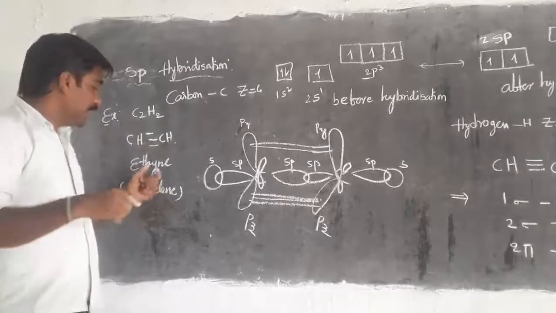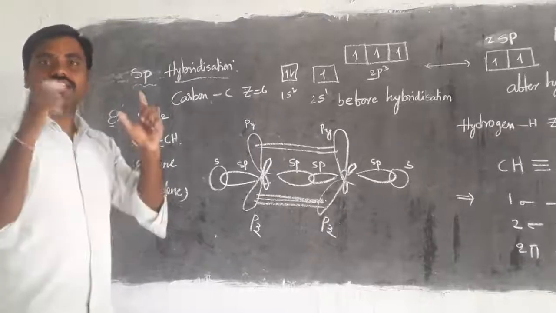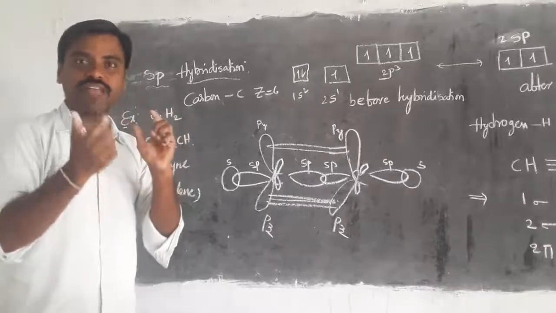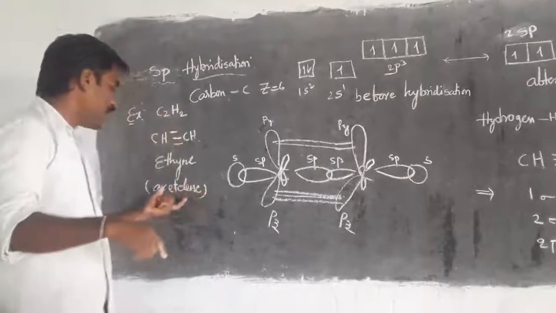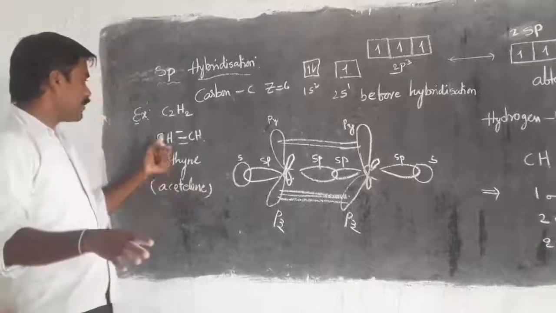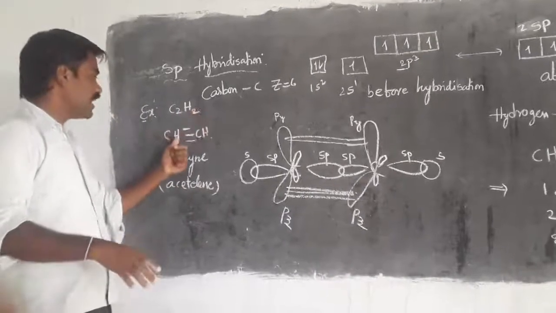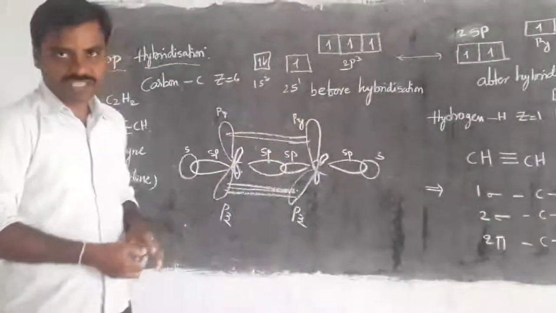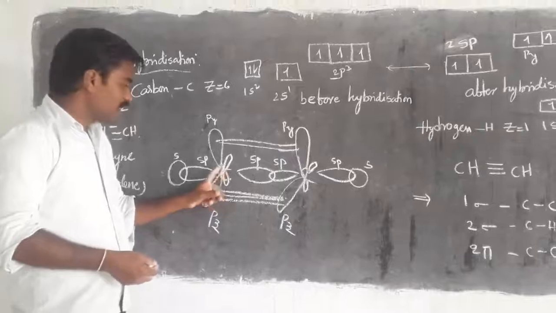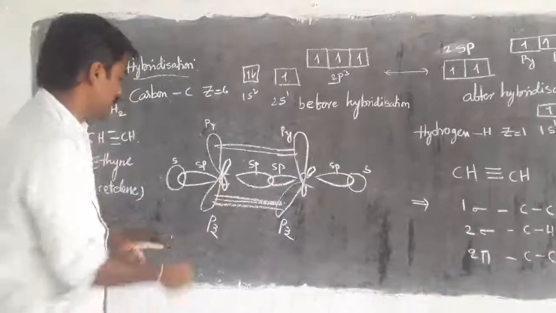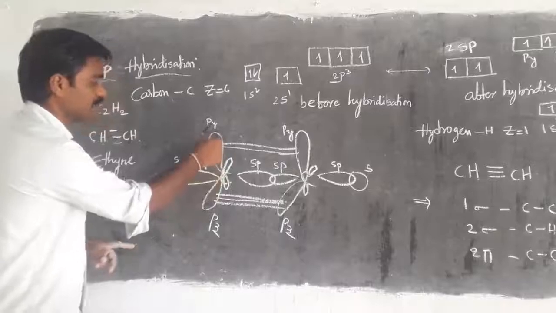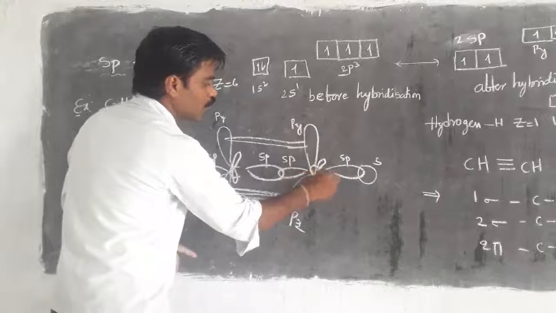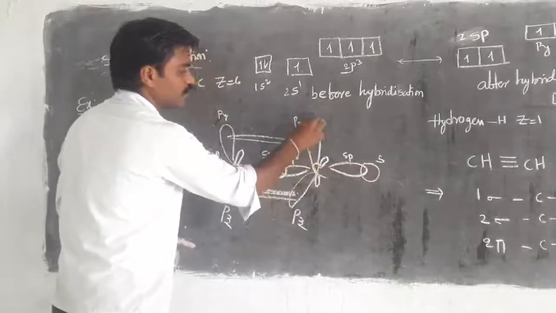One more thing, this gas is also used in gas welding. Besides electric welding, gas welding is also present, and for gas welding we have to use only acetylene. The formula is C2H2 or CH triple bond CH. Right, children? If you look at the structure, this carbon has only two hybridized orbitals, this one and this one, and the second carbon also has two hybridized orbitals, this one and this one.